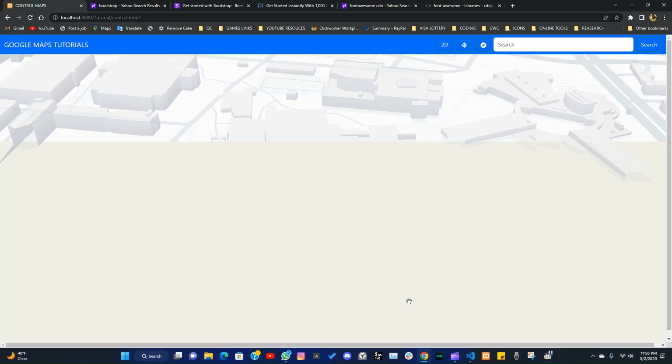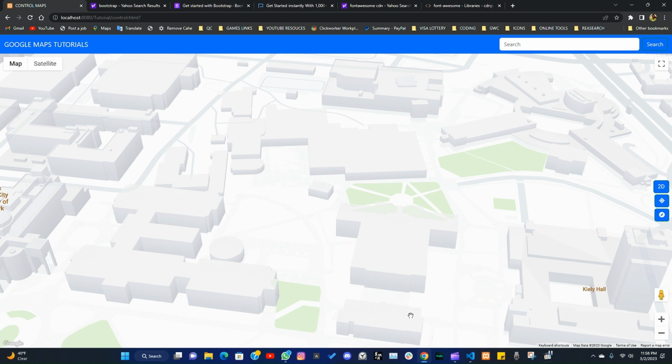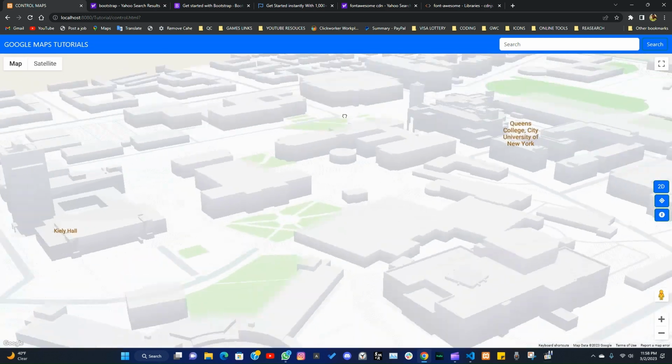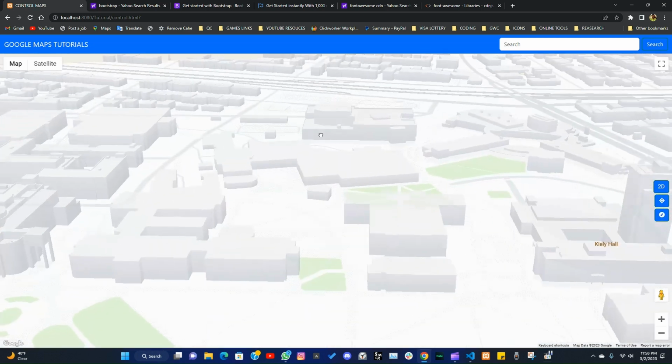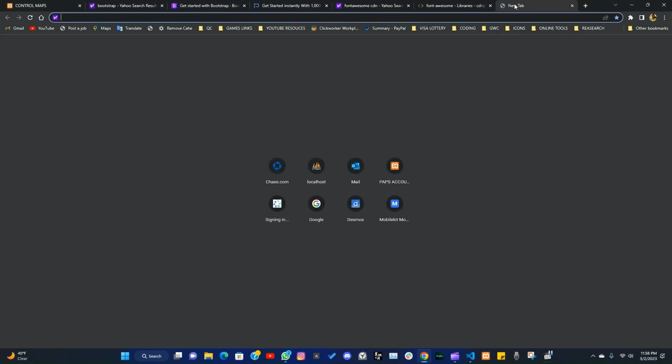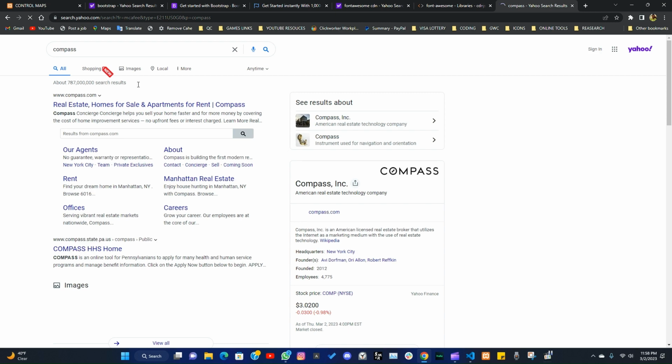So let's refresh our page. And then let's go to the right. Great. So you see, we go to the left, it's changing to the left. We go to the right, it's going to the right. Let's just get a good compass. Let's get a good compass and use it